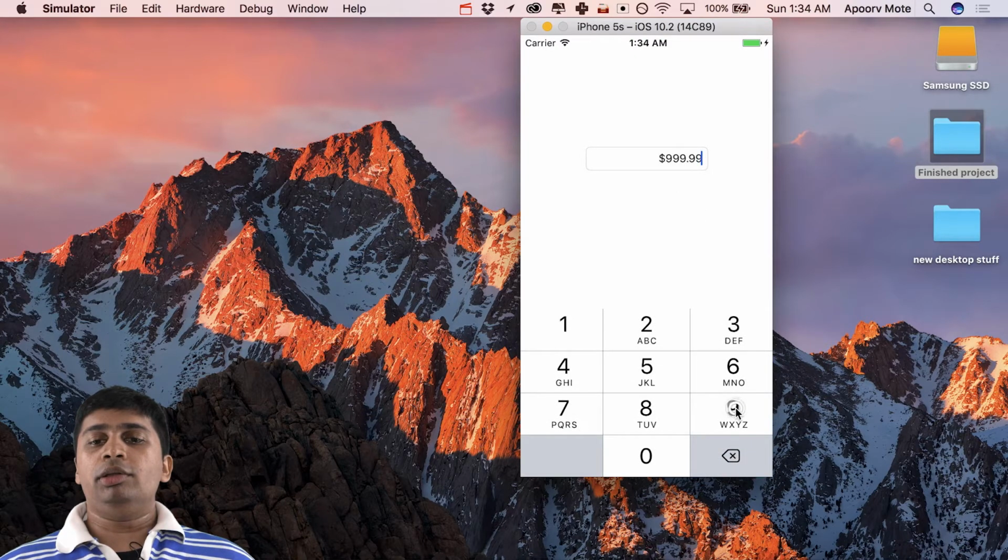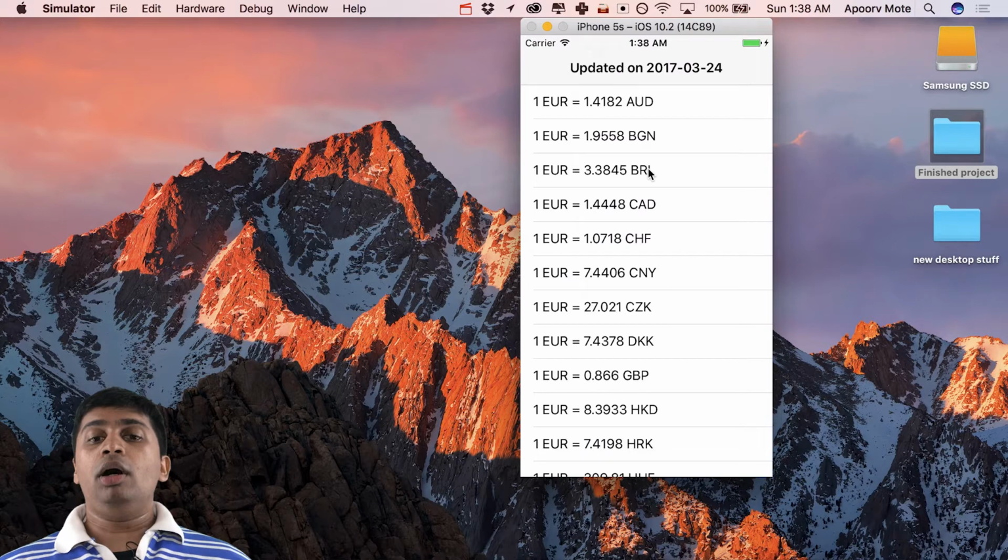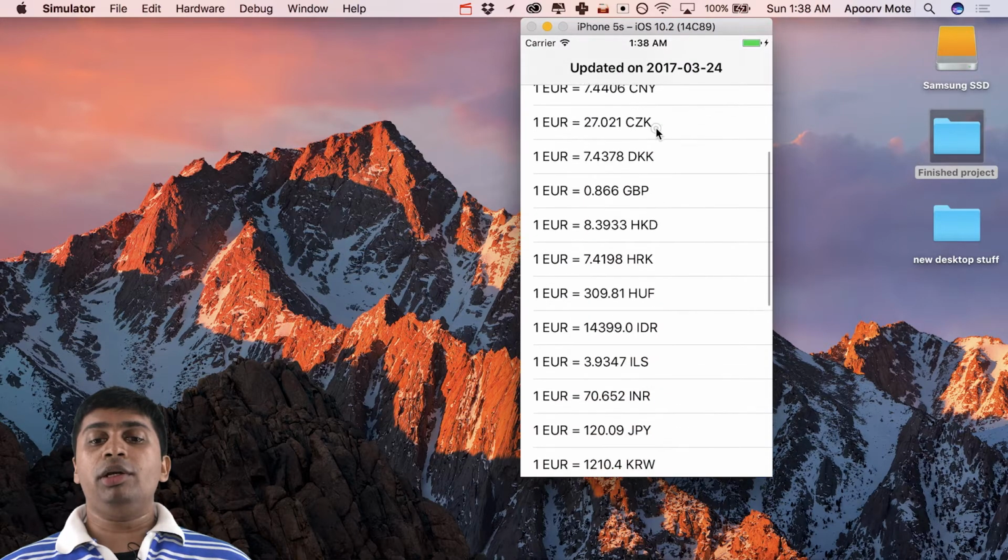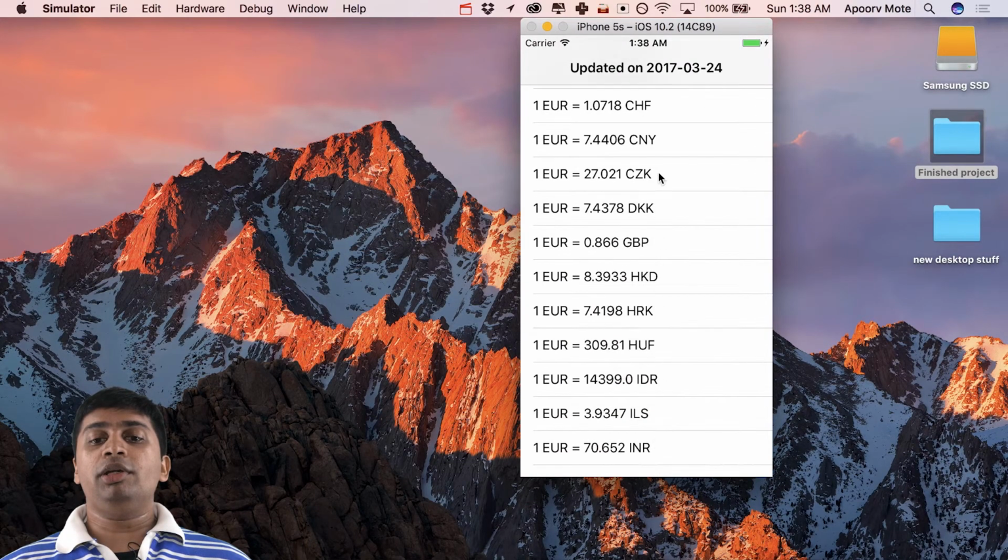And when you, let's just say, add an amount, and when you remove the amount, when the amount is 0, set the text field to empty. If you want to know how to fetch today's exchange rate for all these different currencies